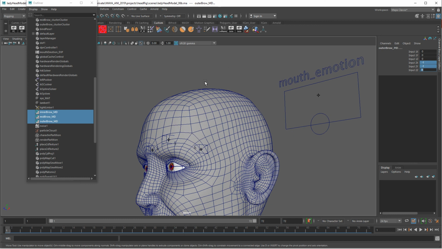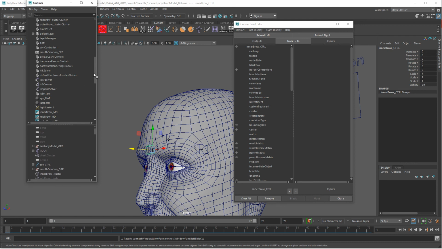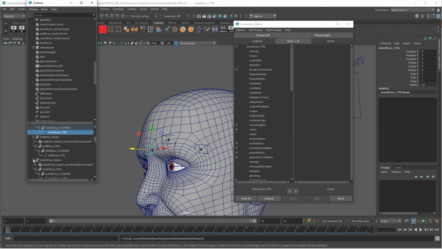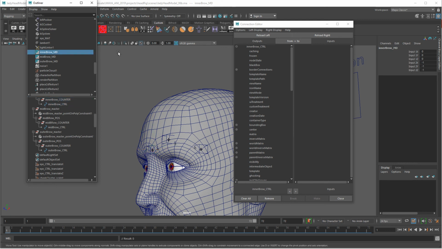Right, anyway, connection editor. So there's the control, and there's the connection editor. What I'm going to do is split my outliner so I can see up and down here, and that's going to allow me to grab these controllers. Let's just go, there we go. So this is my inner brow control. This is my inner brow multiply divide, and it's going to be translate